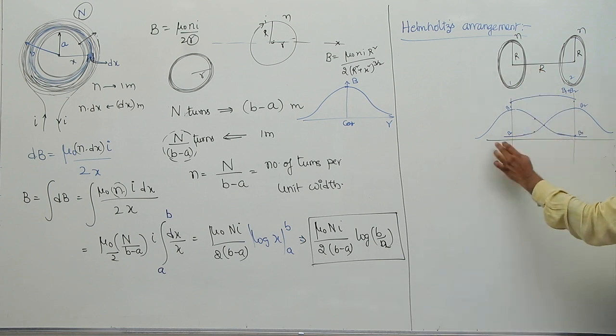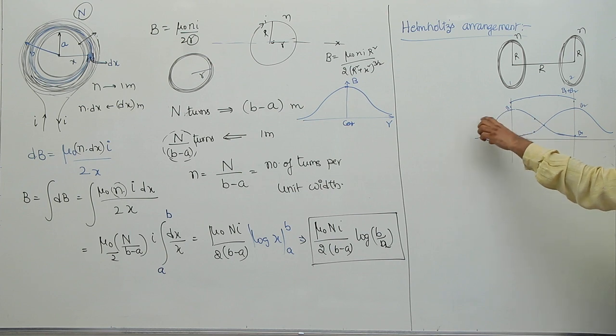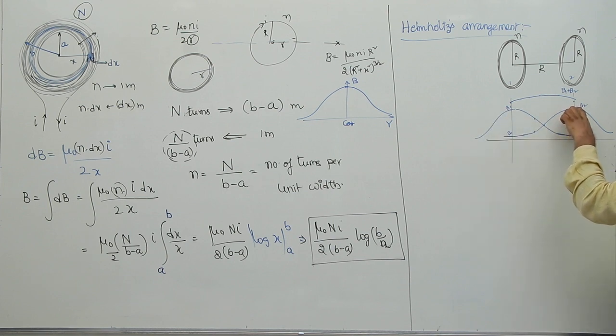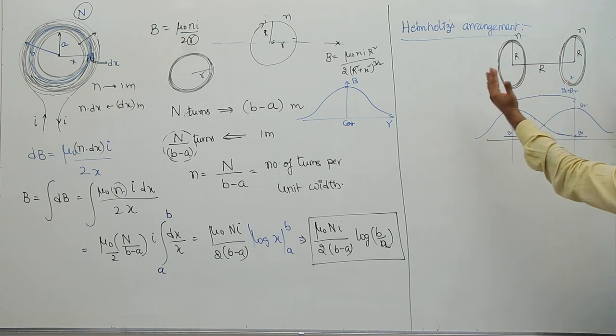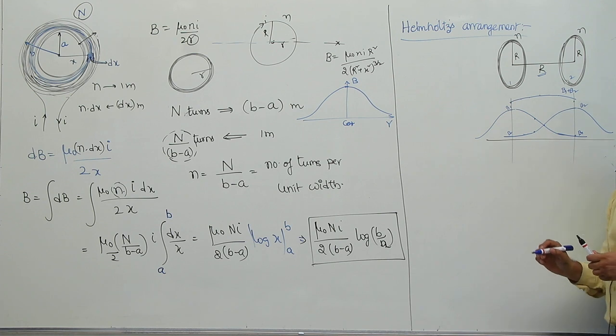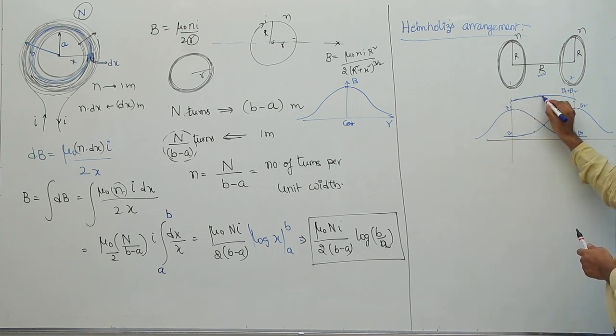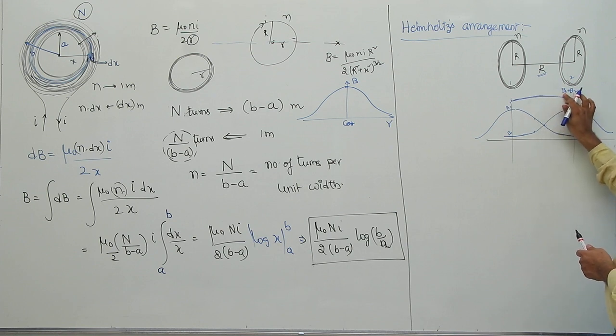See, one coil is producing a field where the magnetic field is maximum at the center and on the other side it is decreasing. And the second coil is producing a similar magnetic field, also decreasing. But when these two are kept very near to each other, and the distance between them is exactly equal to the radius of one of the coils, the magnetic field between these two is almost constant. So the